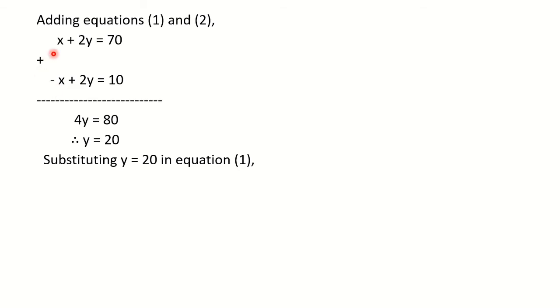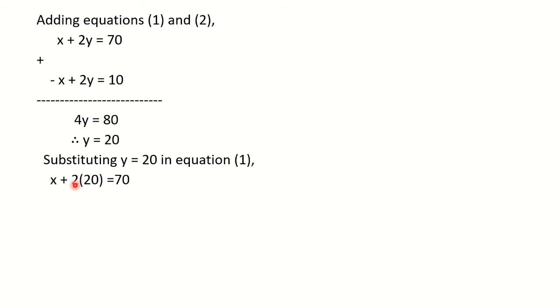See, you can see equation 1 here. You have to simply replace y by 20. Write down the value of y in brackets. So what is the equation now? x plus 2 into the bracket of 20. That means in place of y, we are writing 20 in brackets, is equal to 70.